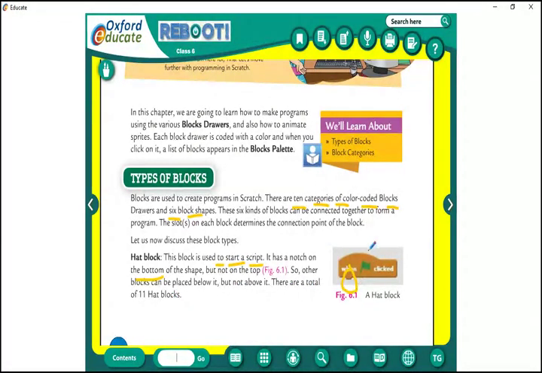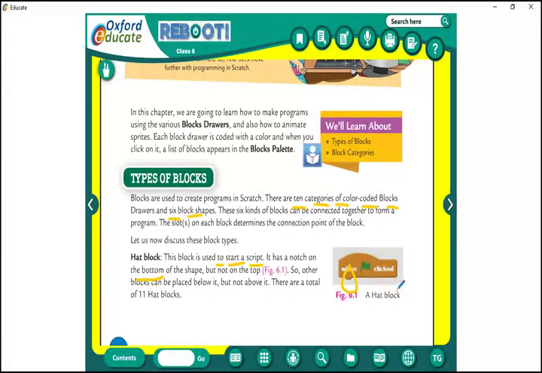Can you attach above it? No, you can place only down, but not above it. There are a total of 11 hat blocks. Like this, there are 11 different hat blocks. Clear? So we are talking only about types of blocks. The first one is the hat block. It is always used to start a script, that means a program, and it has one notch at the bottom.